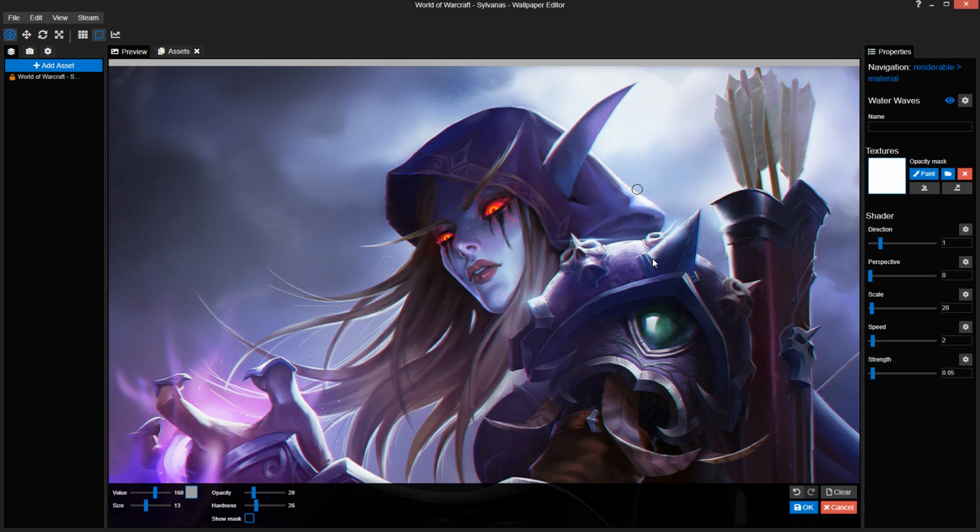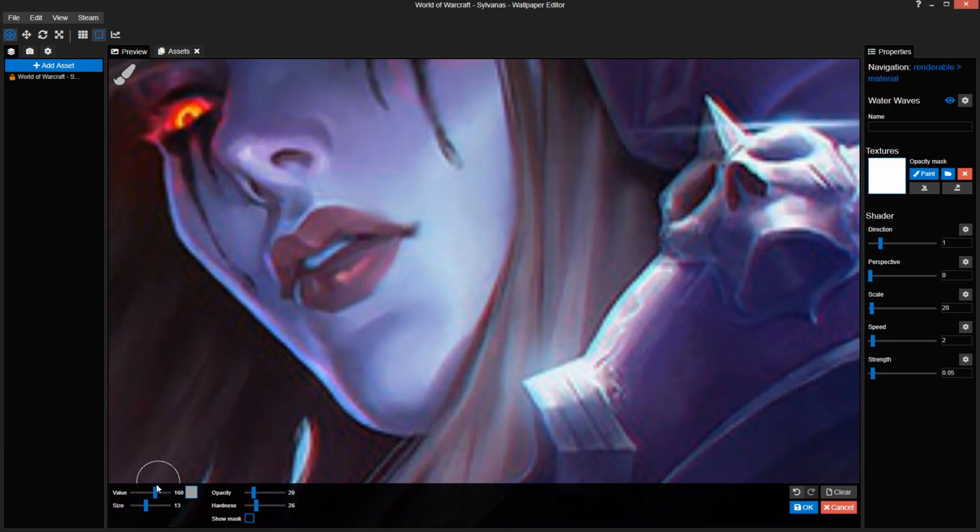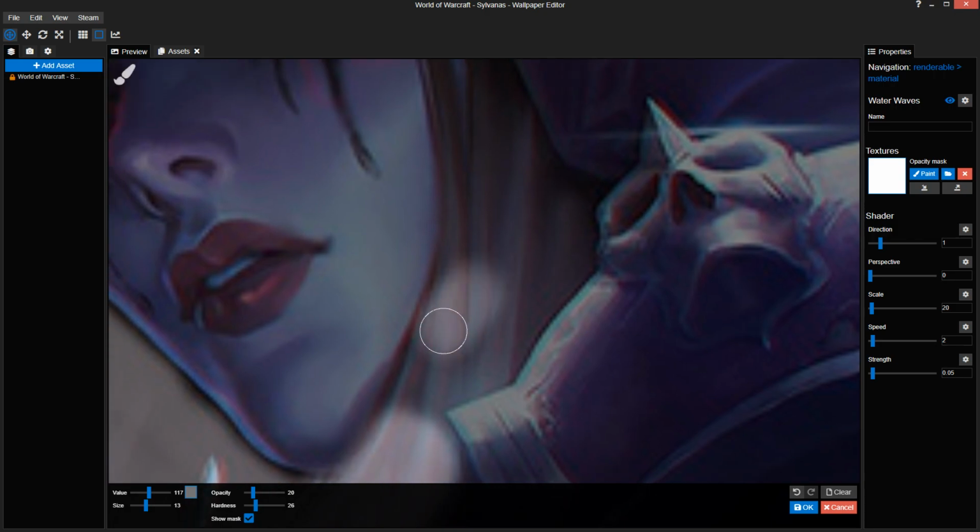If you have hair that's going up, that's a completely different story. If there's a giant gust of wind and your hair is moving, is the thing on the top of your head moving as much as the one that's just hanging down? Of course not. So you want to reduce the strength. So we're going to go to the value, like 110, and then we're going to do this.